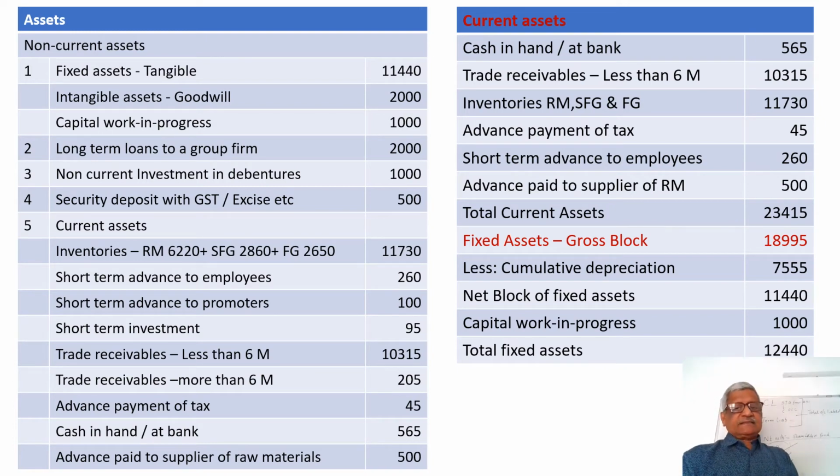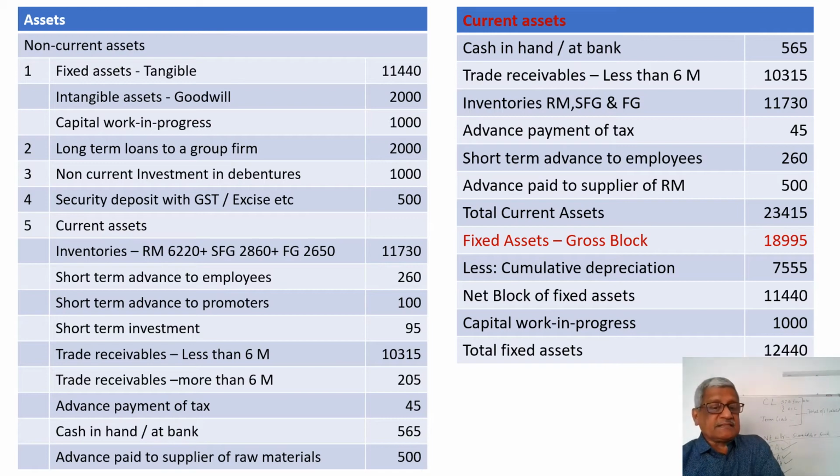Then inventories, the raw materials, semi-finished goods, finished goods. So also the consumables will appear as inventories. And any advance payment of tax, because the tax is nothing but a fee paid on the profit generated. So whenever in the working capital cycle a sale is happening, a profit is generated. So any advance payment of tax is a part of the working capital cycle.